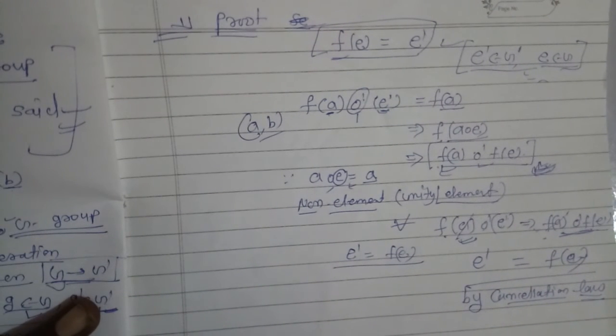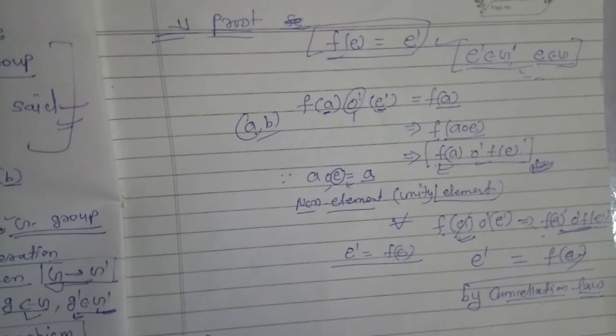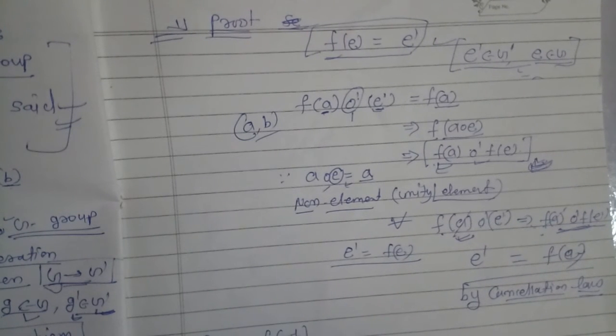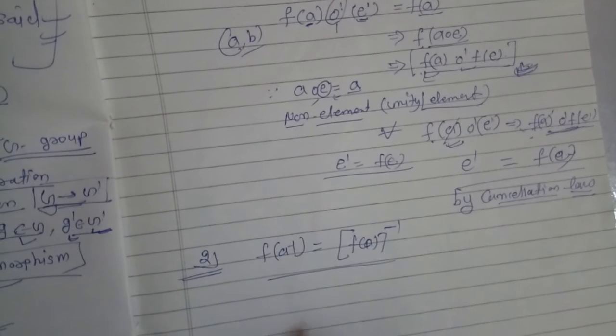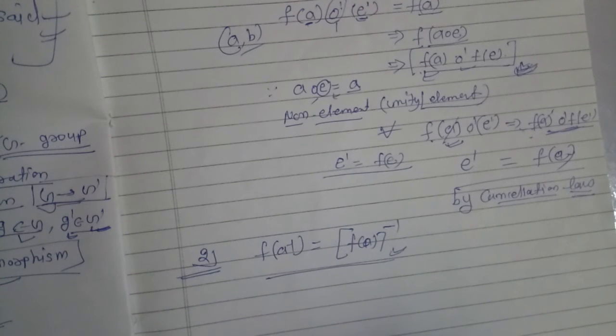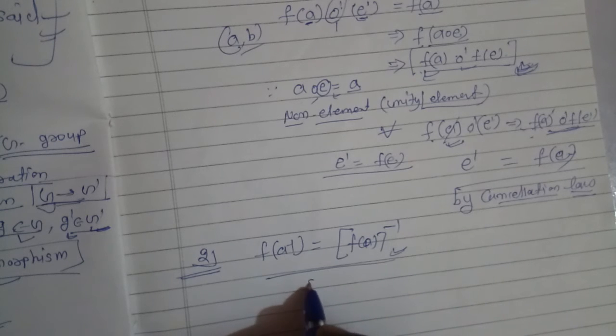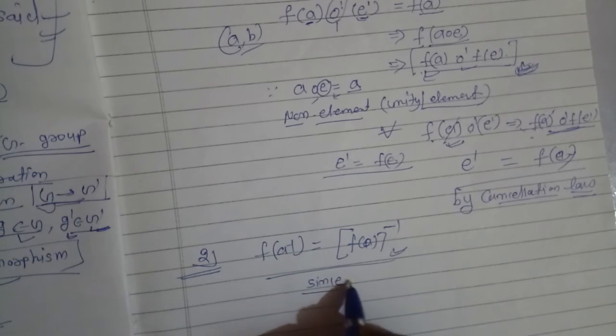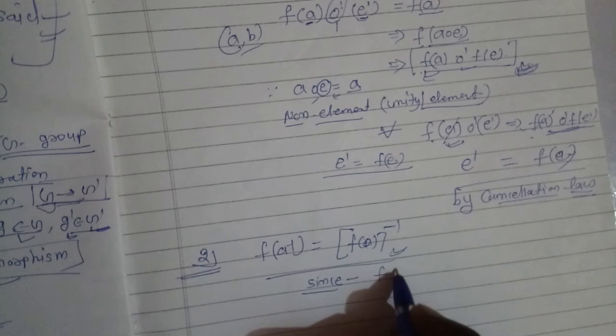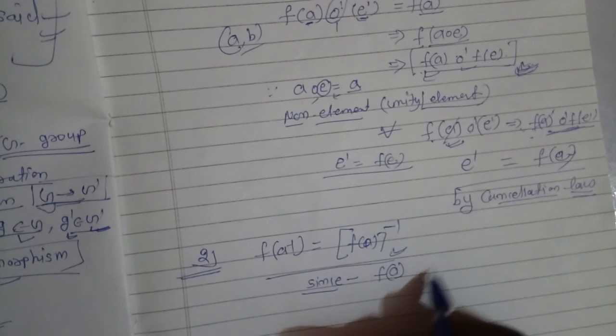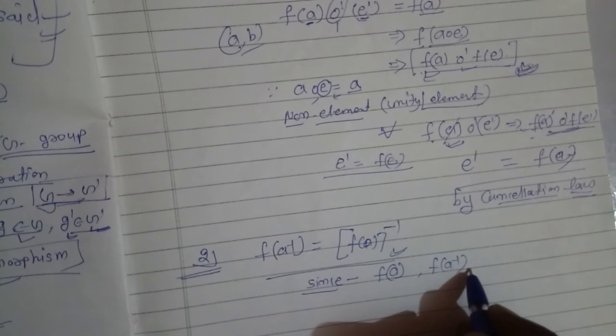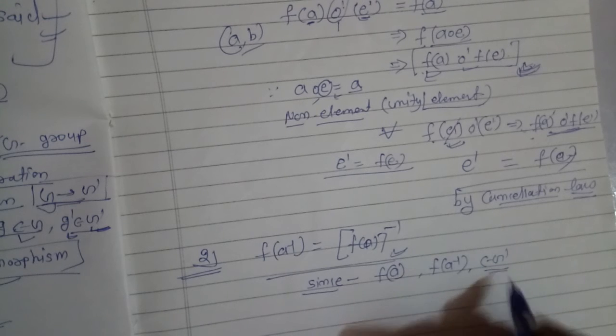Second property is, what is the second property? Second property is F A inverse is equal to F of A whole inverse. It is our second property. Let's see what is the, since F A inverse belongs to G dash,